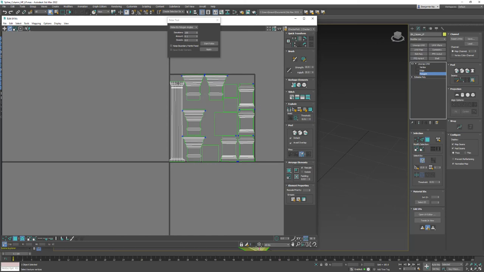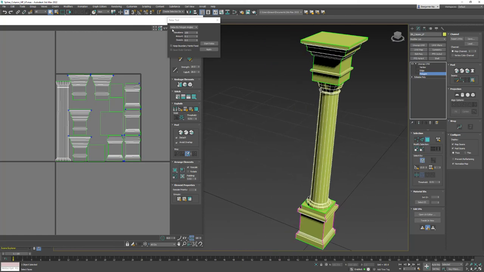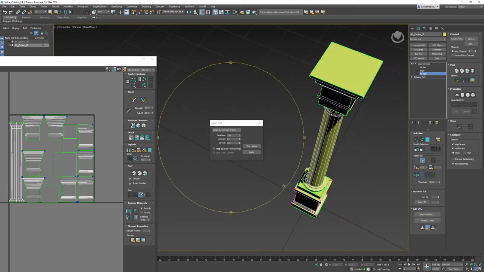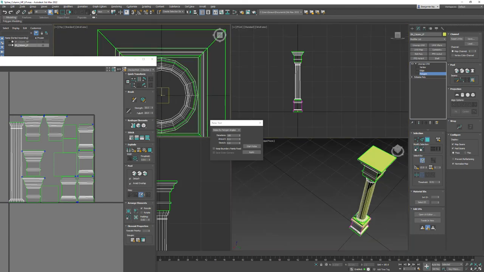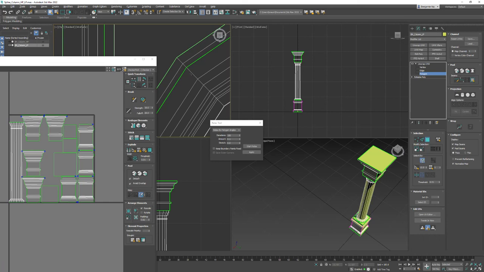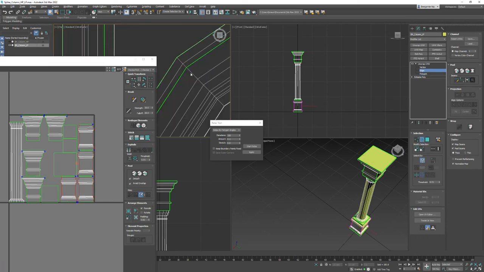So at this point, the only thing we have left is the main column body. So let's take a look at this. Let's find which edge is. Now you could select an edge that's along the back. That's one option. You could also come in and select one that's kind of at a corner angle. That would work. Let's switch over to edge mode. Just click 1